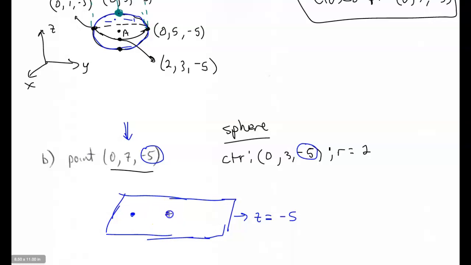Okay. So ignoring z equals -5 here, let's do this first. I have the point, the center of the circle here. I'll just call that A. I know that for my sphere, the point that is going to be on the sphere, that is a distance of 2 away from this particular point here, is going to be point B. Point B is going to be 0, 3, and then I take 2 away from this particular 5 here. So if I take 2 from that, I would have 0, 3, -7 going in one direction. If I go in a positive direction, I'll be adding 2. It'll be 0, 3,